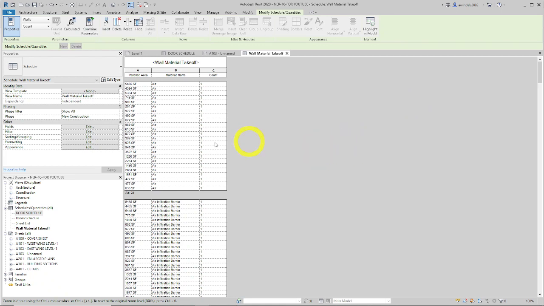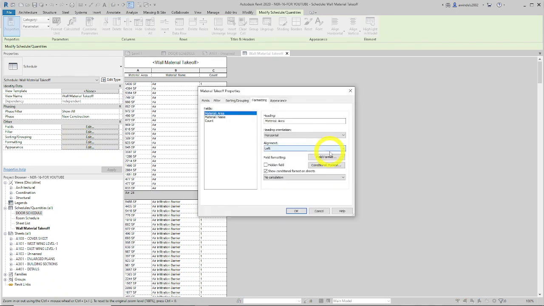So this is the second area of the chapter that's really confusing. I don't think they even have the right picture. I got as close as I could, but we're going to go from our initial quantities of walls we started. We're going to go to the field on the left here, and we're going to go to the edit button in the formatting row here to get back in here, and we're going to start in the formatting area basically, or in the row. We're messing with the material takeoff properties now, and what we're going to change in the field formatting,